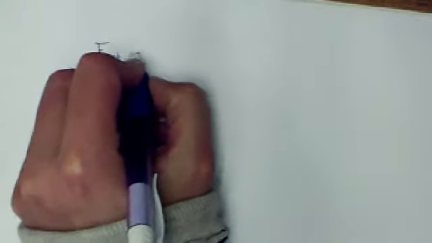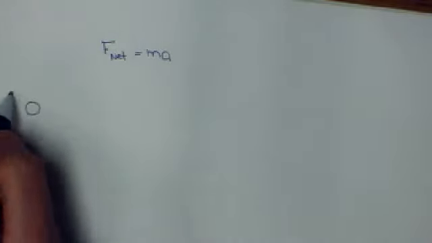Okay, I'm going to go over force summations real quick, and I have a lot of kids that are confused about this, so I just want to go over the basics of it. So we know that net force equals mass times acceleration. So if I have a ball that is falling through the air, and let's ignore air